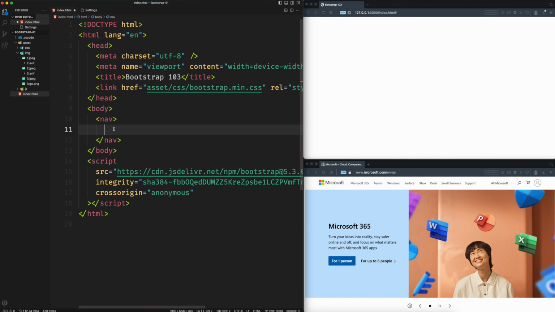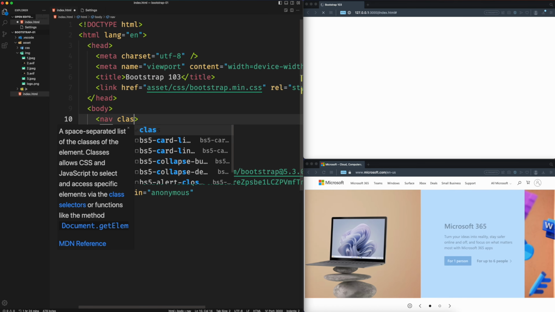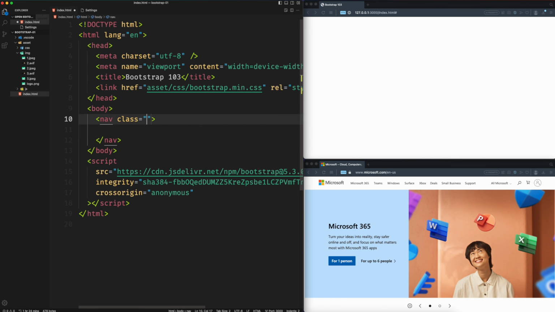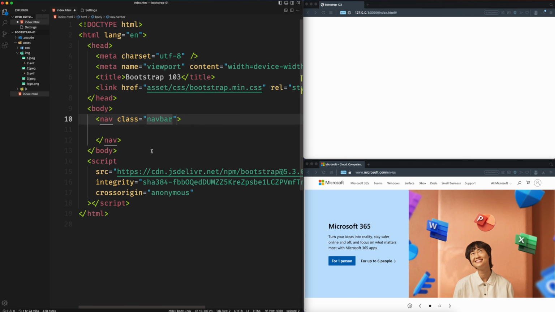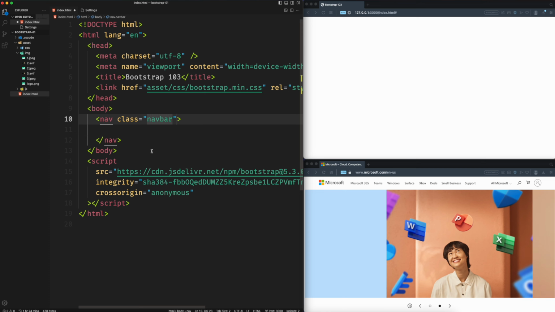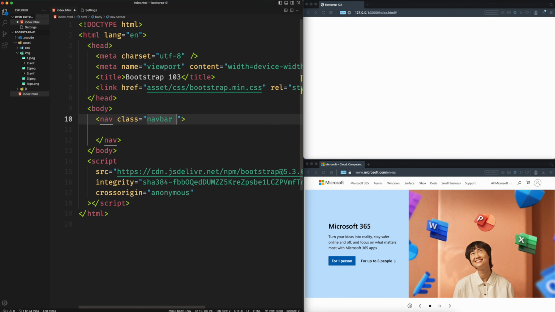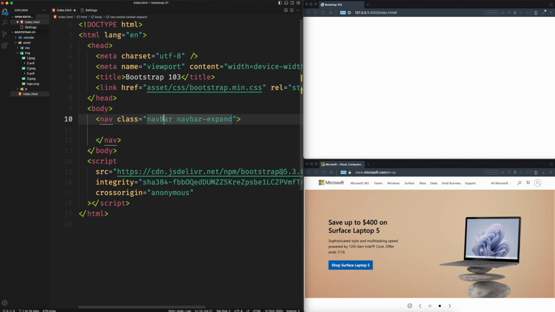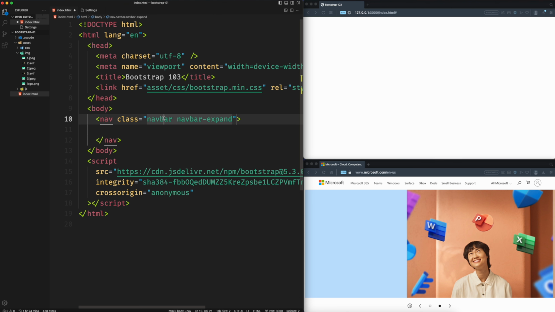As you've noticed, anything Bootstrap most of the time is done by using classes. We use classes to denote what we want to do. This is no exception. So we go ahead and start providing the class that we need. The first class you need to put in your mind is the navbar class. The navbar class is required before you can do any other thing. The next class you need to specify is navbar-expand. And this navbar-expand allows you to tell the navbar how it should position itself based on the